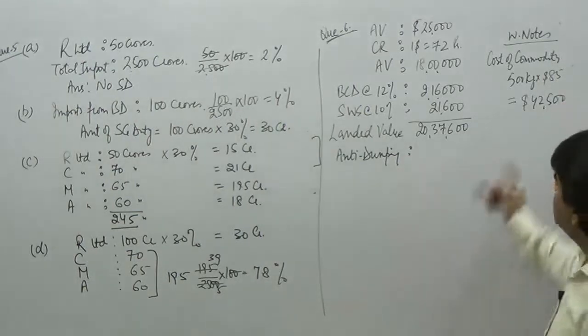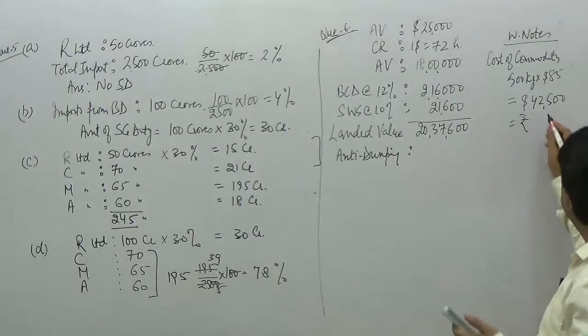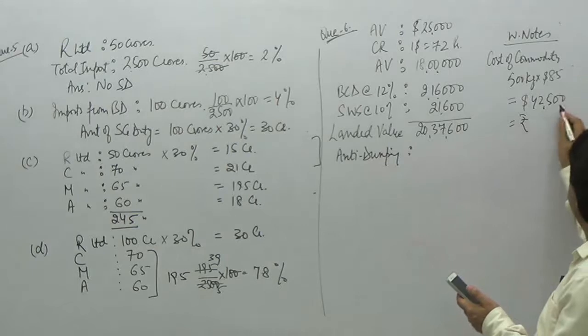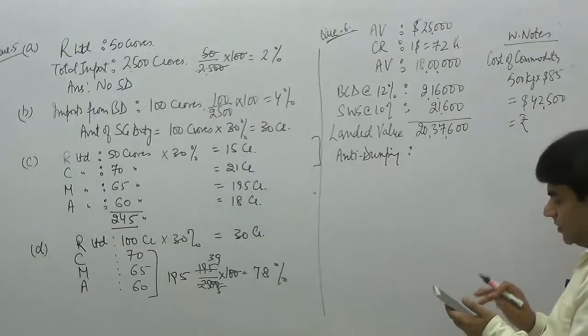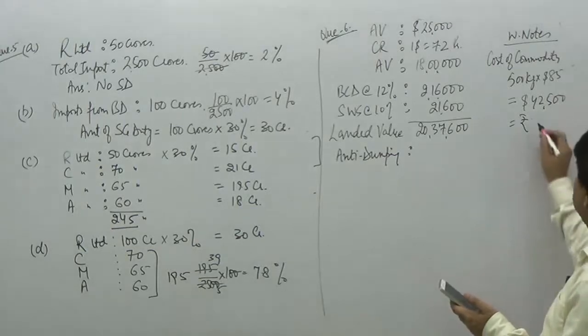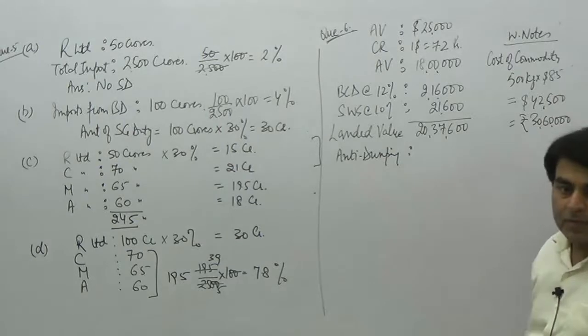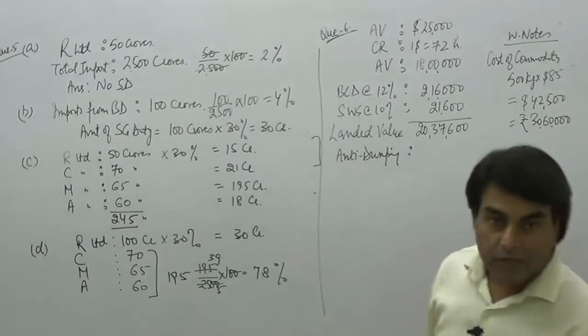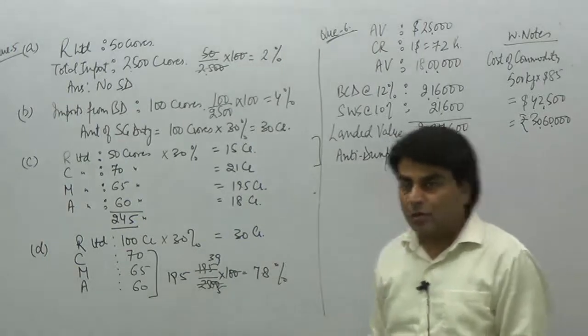Okay. The conversion rate is 72. So now in rupee terms, this would be 42,500 multiplied by 72. This comes to 30,60,000. Now please see. The notification on anti-dumping duty says that anti-dumping duty would be the difference of the cost